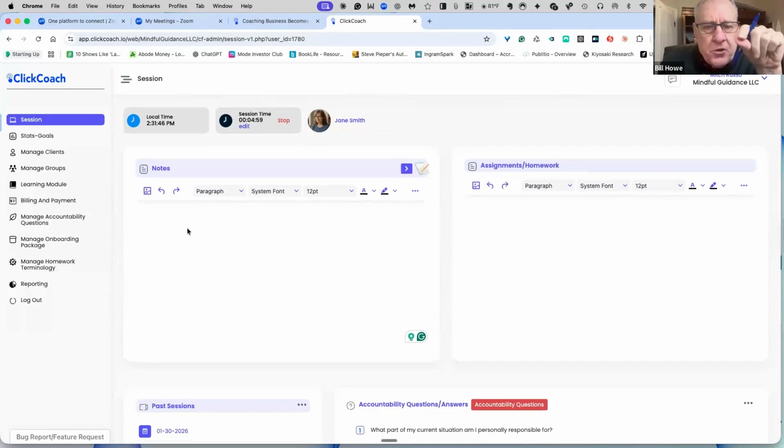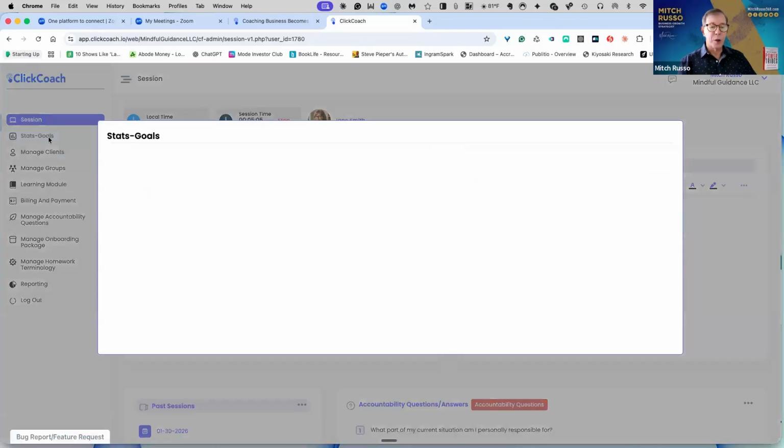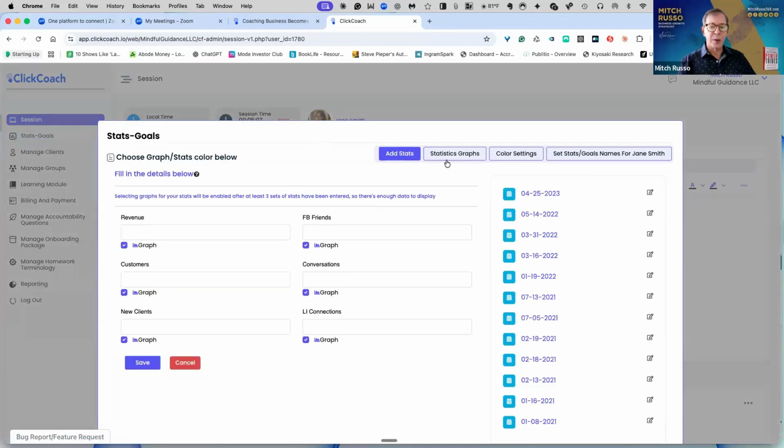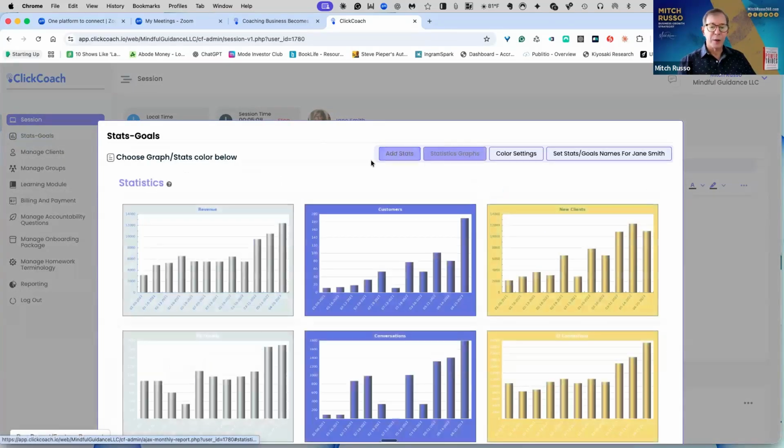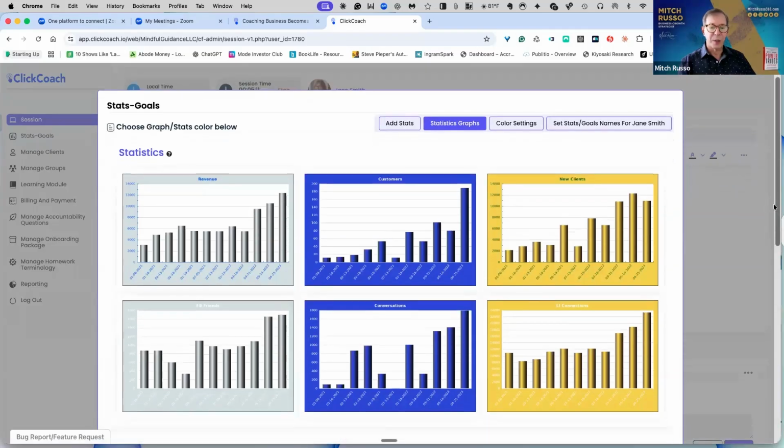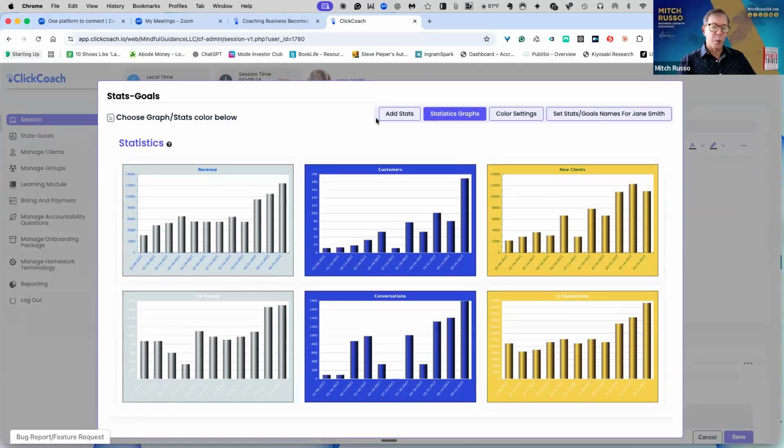Can I ask, can you just go back one slide? You had a graph and some charts. Sure, let's go here. This is your stats and goals. I'm going to click here to show you the stats and goals output. What this means is that my client Jane came into her client portal, and she entered her stats